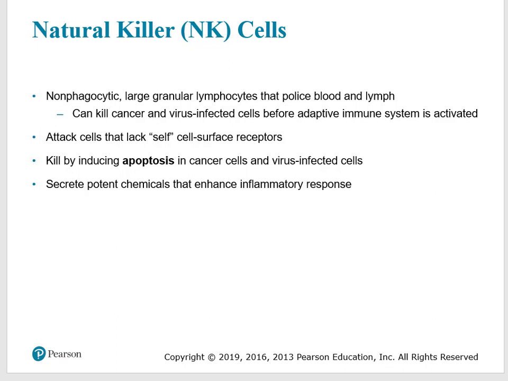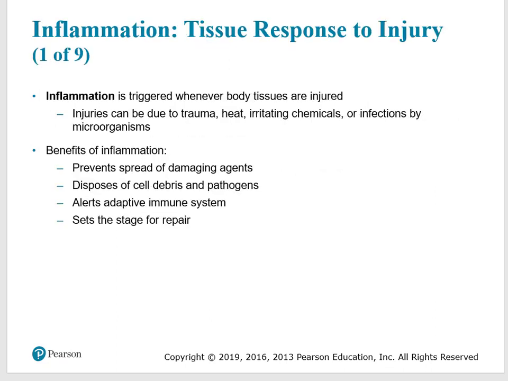Since the immune cells do not identify those receptors as self, they at once cause these viral-infected cells or bacterial cells to undergo apoptosis, and then kill that cell. So your cancer cells and viral-infected cells are basically killed by natural killer cells like this. They also cause inflammation through potent chemicals that they release,